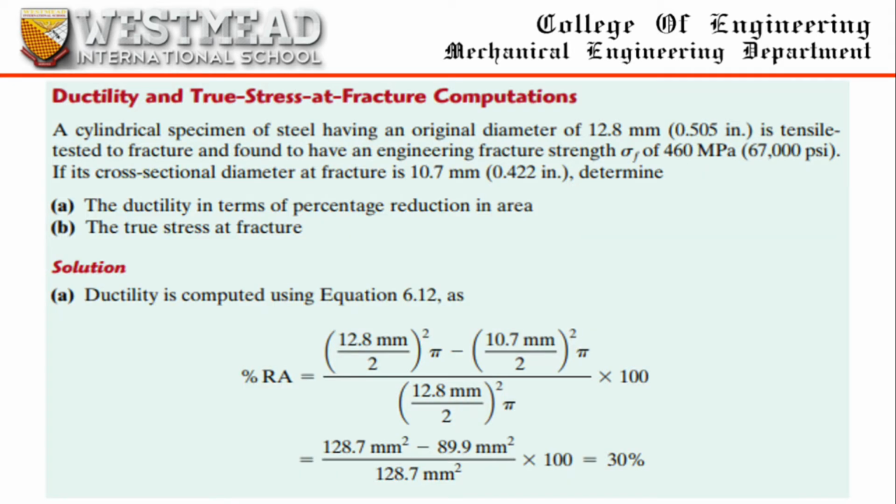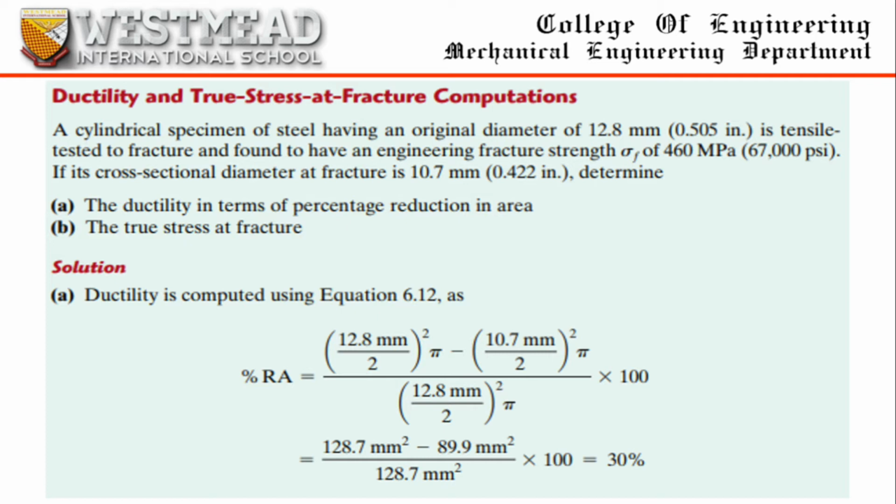So, take a look at this example problem. A cylindrical specimen of steel having an original diameter of 12.8 millimeters or 0.505 inches is tensile tested to fracture and found to have an engineering fracture strength of 460 megapascal. If its cross-sectional diameter at fracture is 10.7 millimeters, determine the ductility in terms of percentage reduction in area and true stress at fracture. So, to find the ductility in terms of percentage reduction in area, we will use